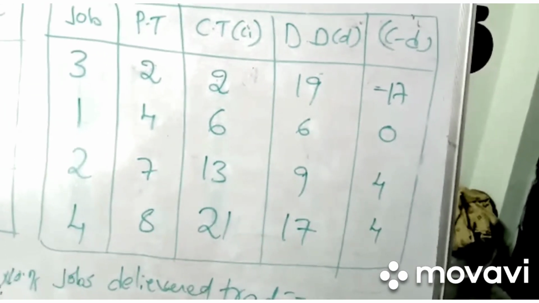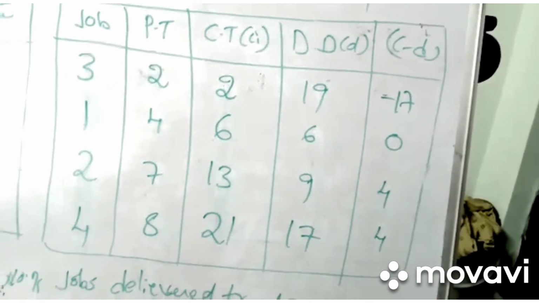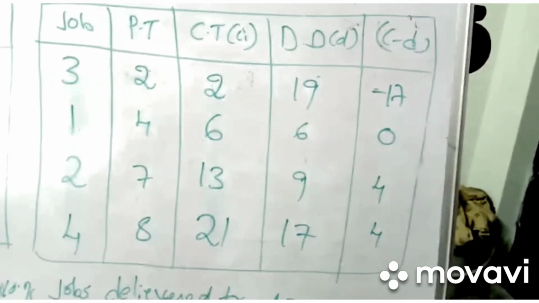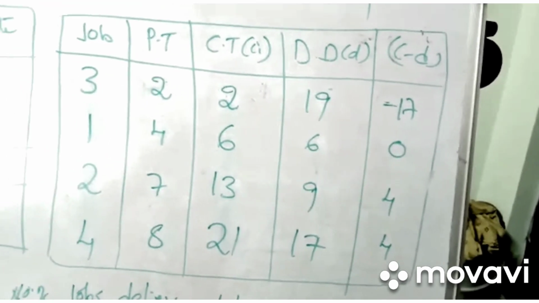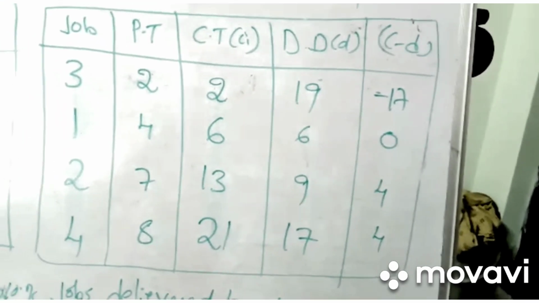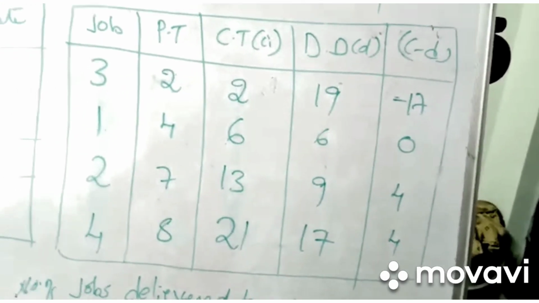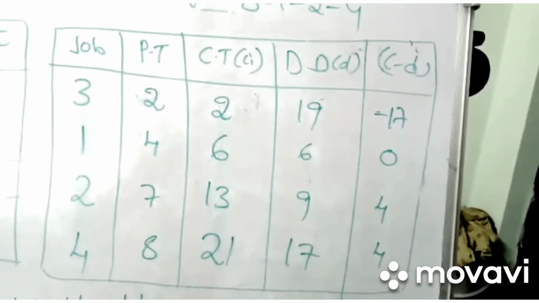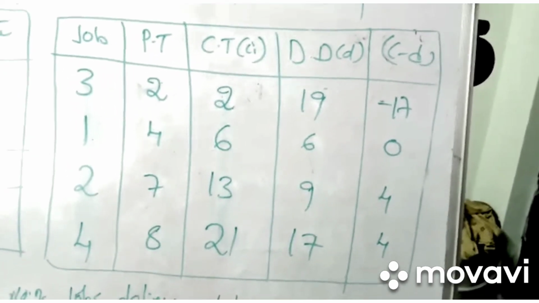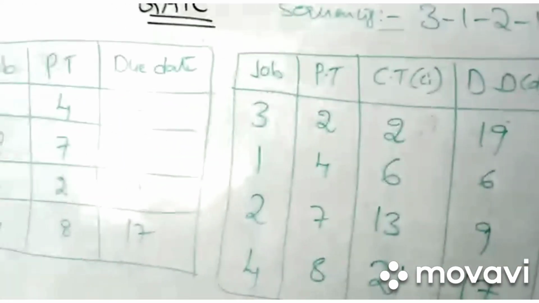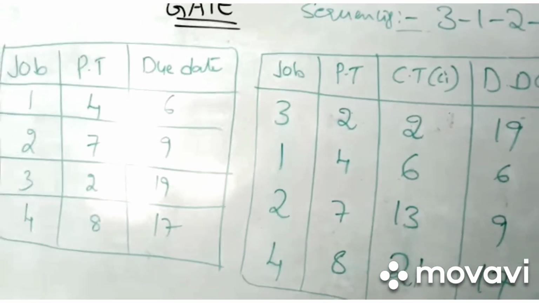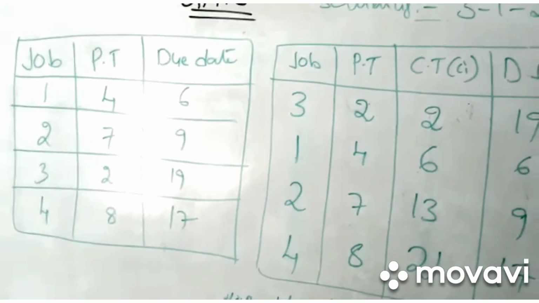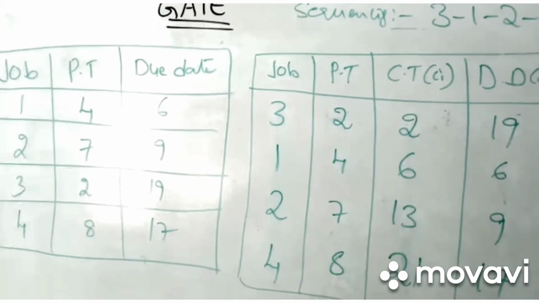There are two possibilities of asking the question: either by applying lateness or by applying tardiness. Only these two conditions, tardiness or lateness, and you calculate your values. Tardiness is the positive value and lateness is the negative value. This is how you are supposed to calculate your values based on the SPT rule and the earliest due date rule. Only two rules in scheduling, and you can easily calculate.